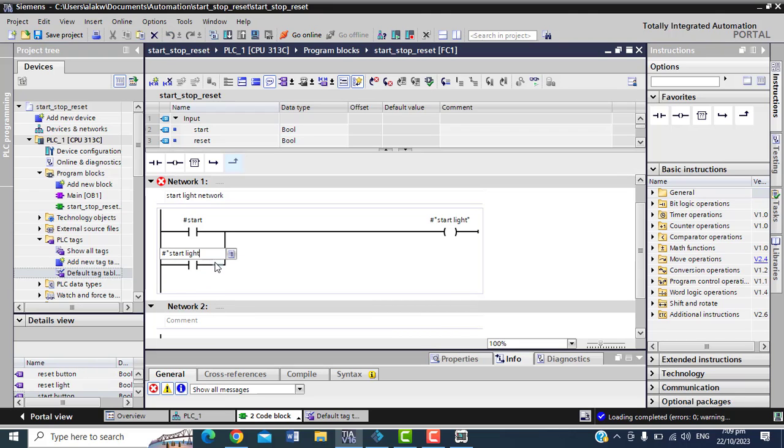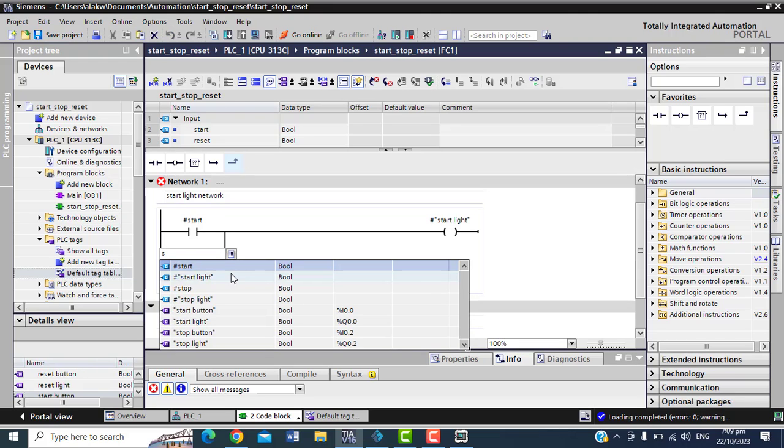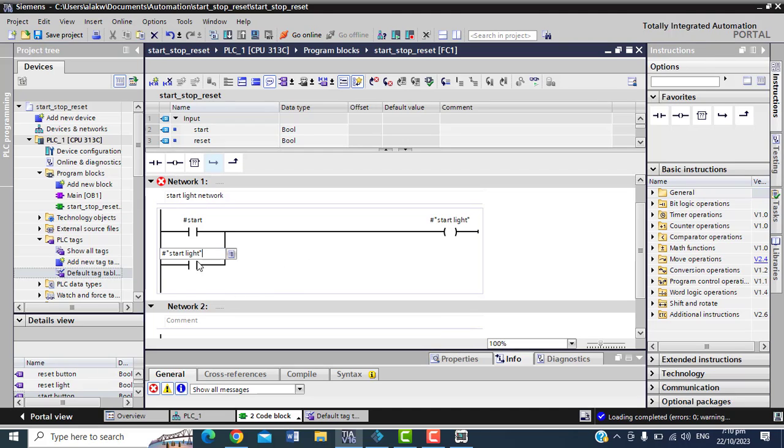Remember the start light. If I clean this thing, the start light they use is not this start light we have, since this is not the Q0.0 we have here. This one is already a place where I use all these addresses. Now for the main OB1, every other place I will use this one, so we get this pound sign, this hash sign, right? That is the local variable, the one I create inside here. So they use this output to create an auxiliary on the input side, right? So I create start light here. What I am trying to do now is, if I press this start, it could just give this one, right?